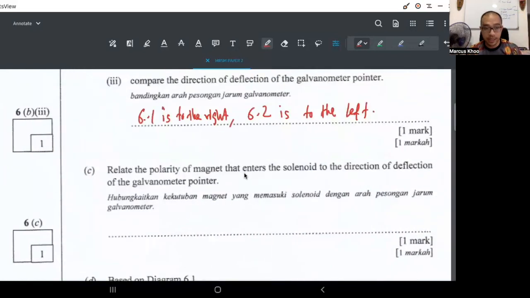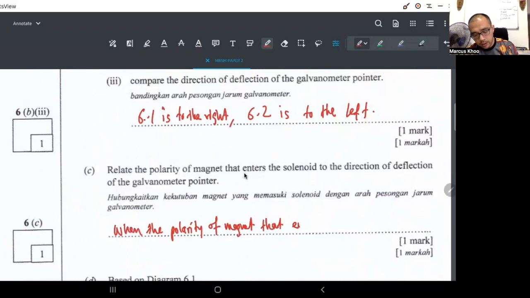When the polarity of the magnet that enters the solenoid is south, the direction of deflection of the galvanometer pointer